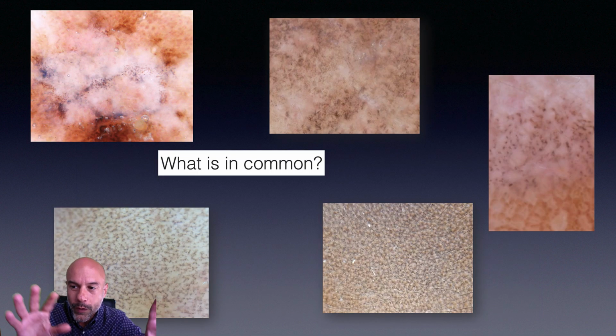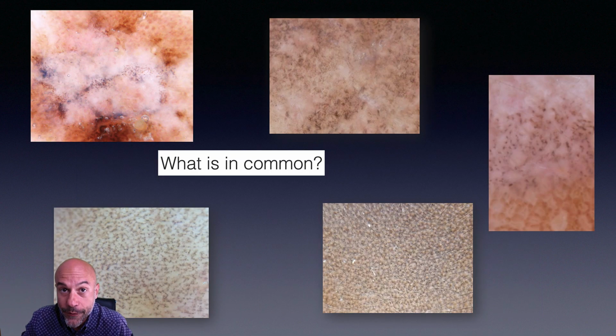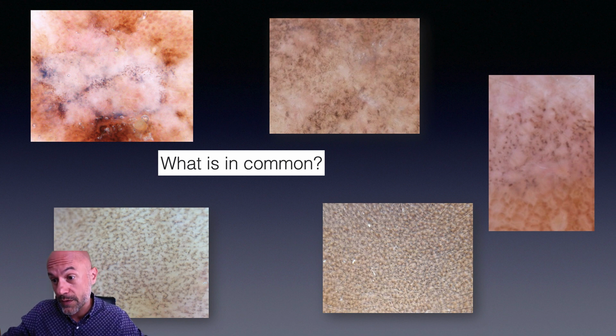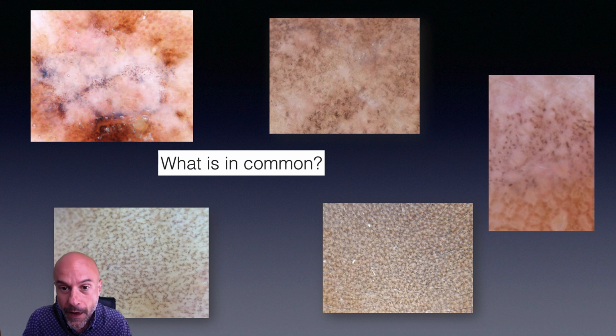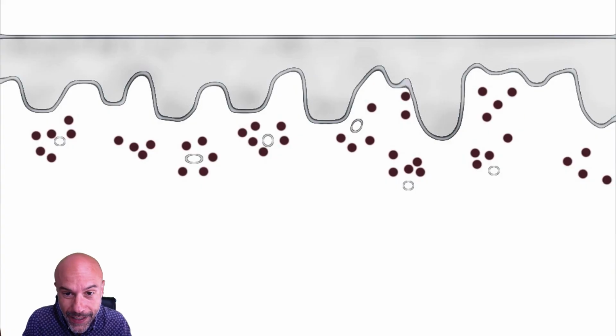And one more case in which could be either regressed nevus or an LPLK or a regressed melanoma. So in all these cases that are very different in terms of pathophysiology and biology, malignant tumors, benign tumors, inflammatory conditions, there is again something in common. In this group of lesions, what is in common are these gray small dots or gray granules. And these granules are there in all these different entities because histopathologically there is the same thing, which is the so-called melanophages,